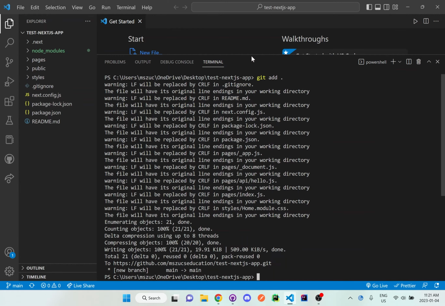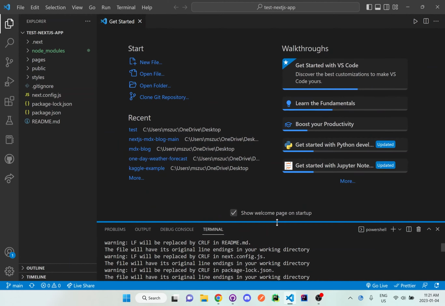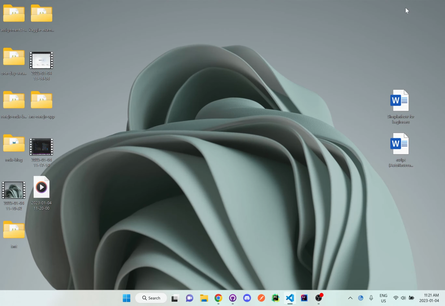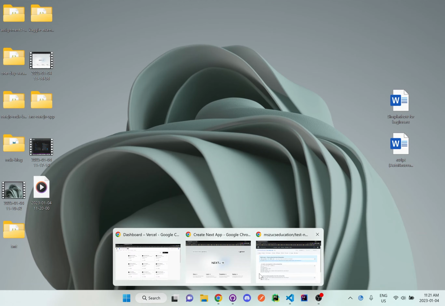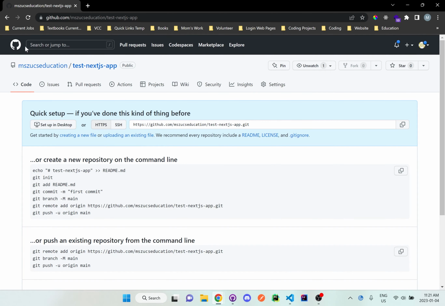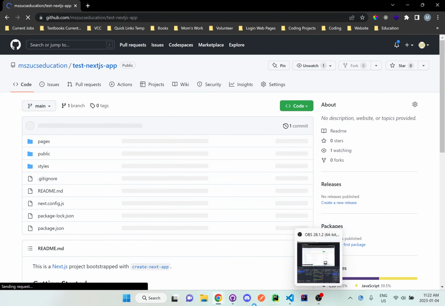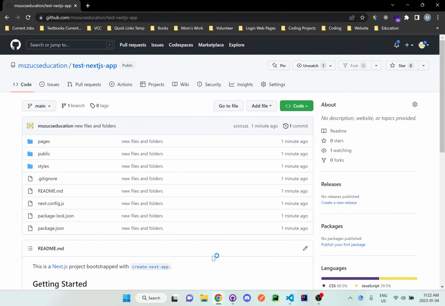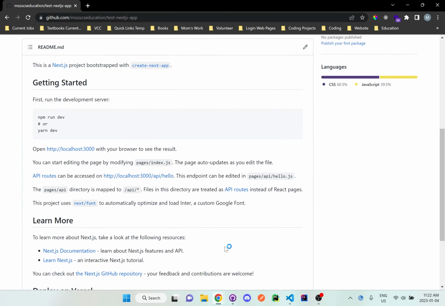Okay, so I did the git add, git commit, and then git push, and now I want to go back to my GitHub, and this is the repository I created. If I refresh, it should have all the contents. And there we go. We could see we have all the files and folders ready for us to go.